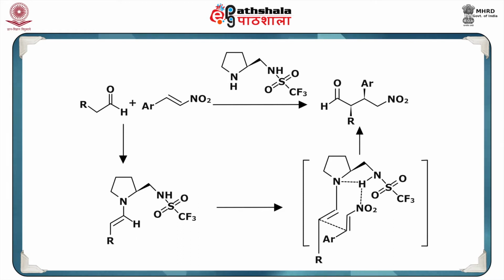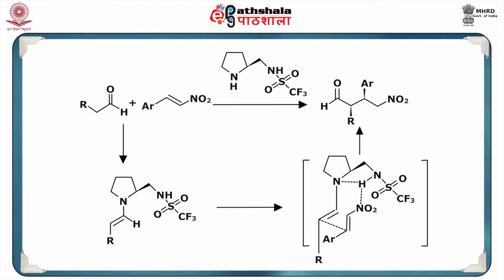So, you can see here that this is the aldehyde where this R, CHO and the CH2 is the one which will be the attacking part, and it is reacted with this double bond joined to nitro and Ar. This Ar and nitro, both being electron withdrawing, will facilitate the attack, and this is how the reaction is going to take place. So, there will be formation of this addition product which further undergoes cyclization, and finally you have this particular product which is getting formed.